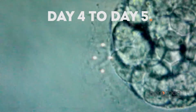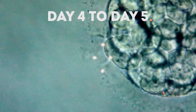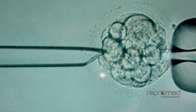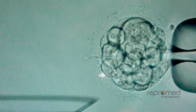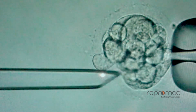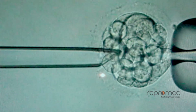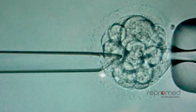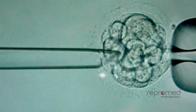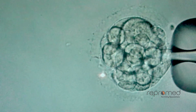This is important as not all embryos will be suitable for the biopsy process. To perform the biopsy, a laser is used to create an opening in the embryo, and then 1 to 3 cells are removed. As it takes several days to get the results of PGS, it's necessary to freeze all the embryos and the biopsy cells after the biopsy, with the actual screening performed around a week after, with the results provided to you and a plan of action put in place regarding transfer of any embryos which have the correct number of chromosomes. The biopsy procedure is considered a safe procedure,